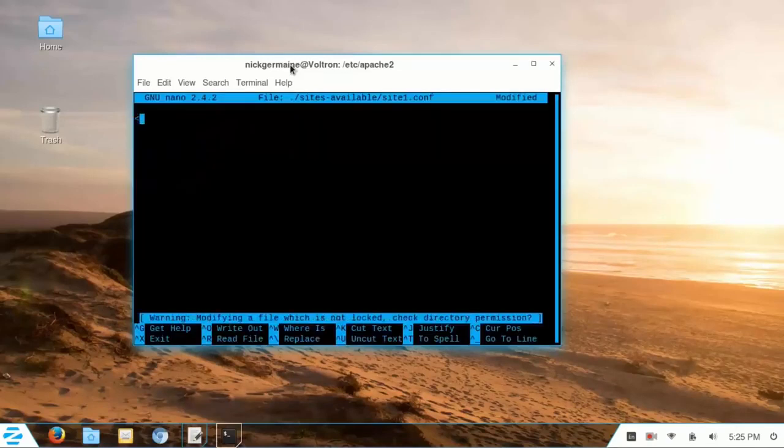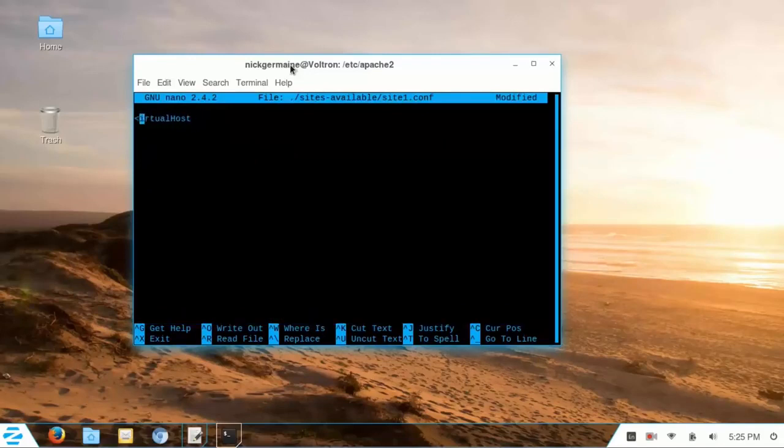And so what we need to do is open up VirtualHost, and I missed the capital V, so VirtualHost at any web address on port 80. This is going to listen to try and find our